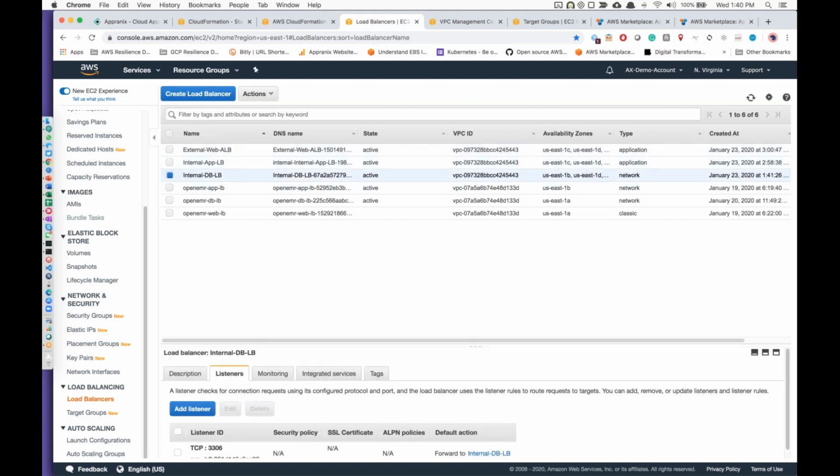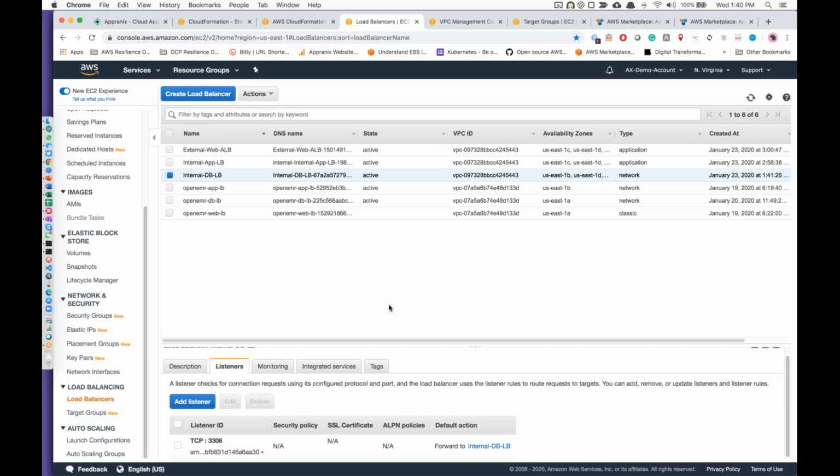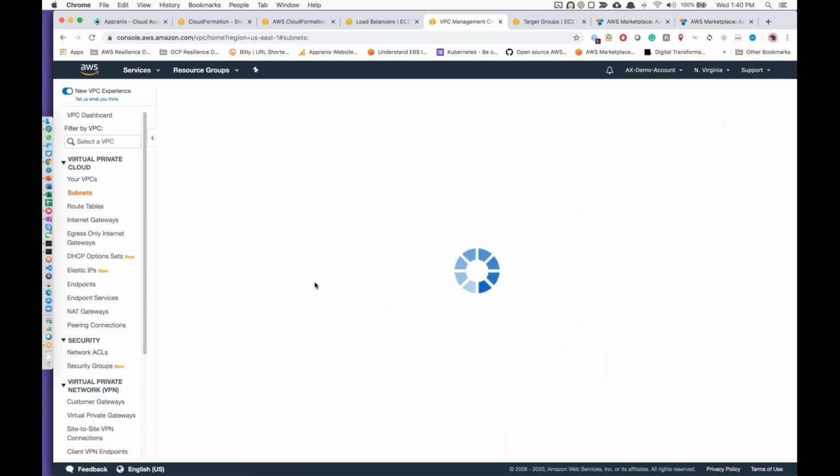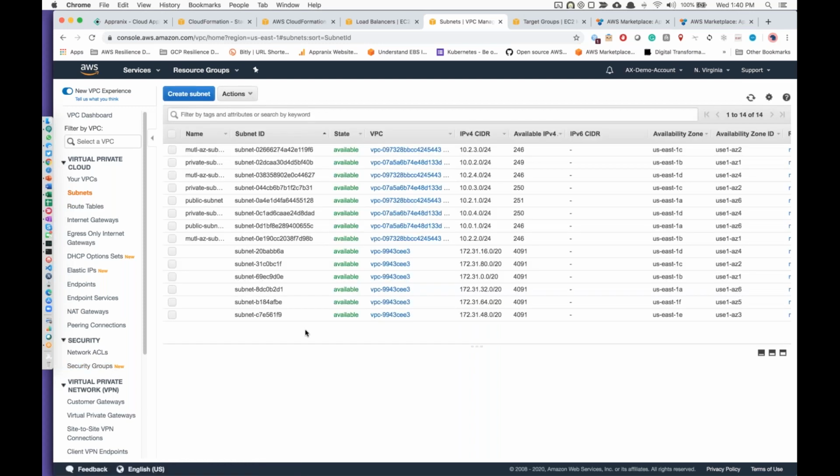And the listeners are appropriately configured. And the VPC has a bunch of services. You can see another Virginia VPC. You have all the VPCs here, 14 different subnets, route tables, gateways, you name it.